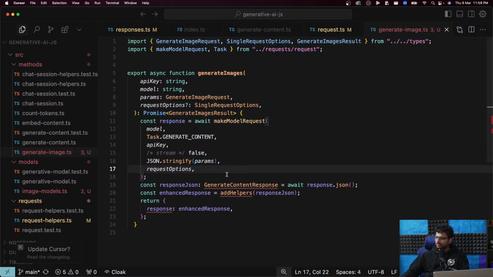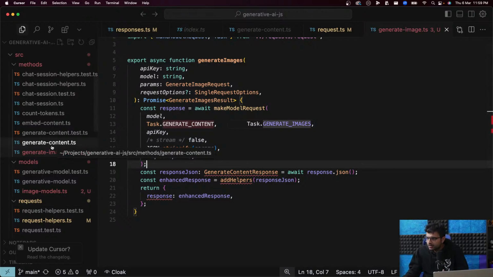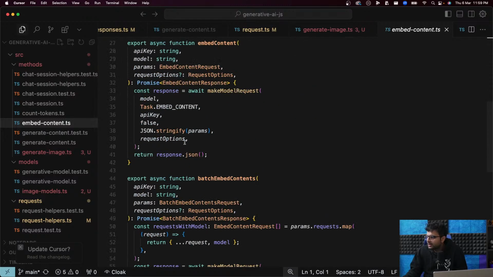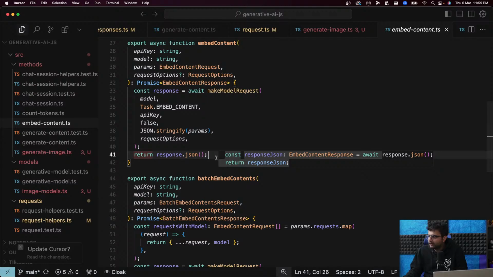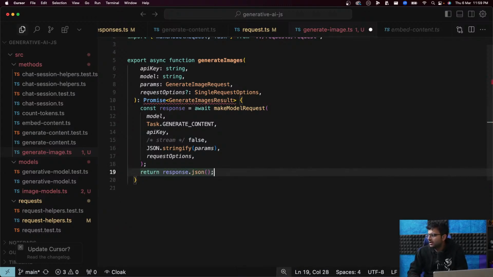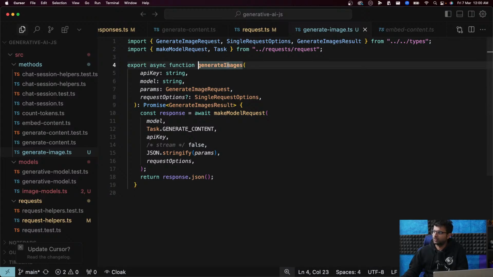Cool, that's done. Model request looks perfect only, nothing to change here. And for the first time, we don't really need to stream data. Not for the first time. Okay, what all do we have? We have generate content, we have chat sessions, chat session helpers, embed content. Let's see what this guy does. Oh, just make model request. Yeah, that's perfect. That's what we need to do. Simple, easy peasy, nothing too complicated. So make model request, return response.json. Perfect. Done, guys. I mean, we have to write tests for it, but I think this is done. Could I be wrong? I could. Most probably I am wrong. But maybe I'm right.